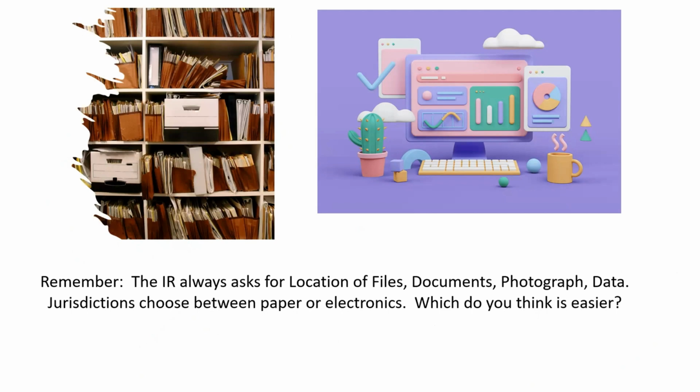So which way do you think is easier? The picture on the left, where you can have a closet filled up with nothing but shelves and identify that closet as your SB 1383 file closet. Or you can keep it in a nicely compiled electronic system, and all you'd have to do is click on your SB 1383 icon and the information that you need will